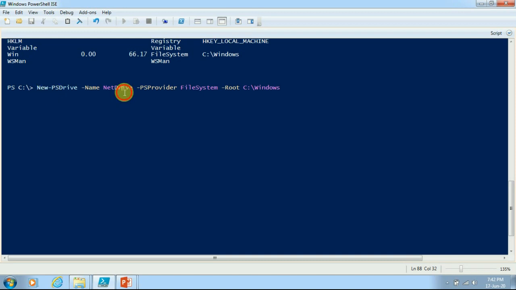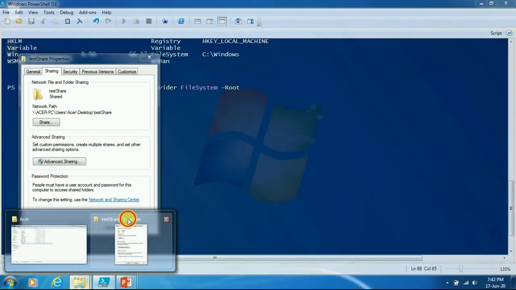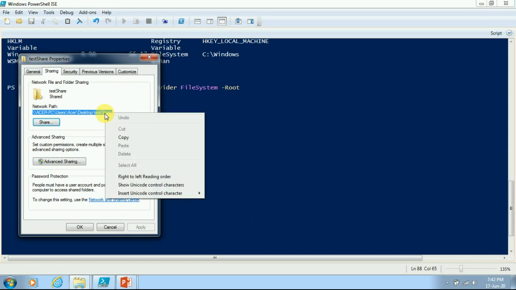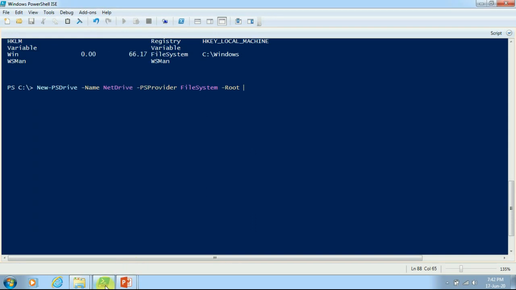You can give any name according to your feasibility, and here if you are creating a drive for a network path, it should be FileSystem only, and in Root you can give the path of that particular network share. So I have already created one network path. I will just copy the path of that network file and paste it here.